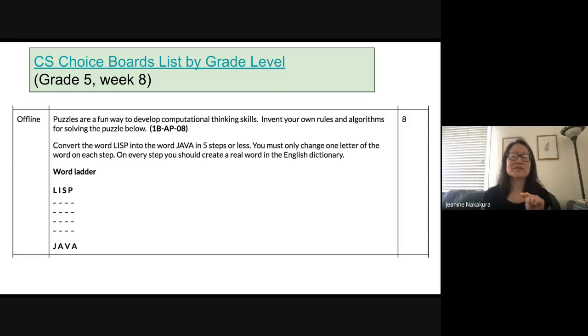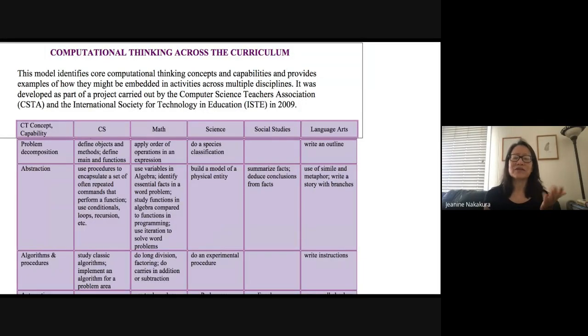So if we go to the next slide, the question is, how did we use computational thinking to solve that problem? And how can we use it across different content areas, right? So here's a little table that I found. You can use computational thinking in different content areas: math, science, social studies, ELA. And I'm a science teacher. So, when I used to make the students write the procedure to the experiment that we were doing, well, that's an algorithm. Okay, so there we go. Computational thinking in science.